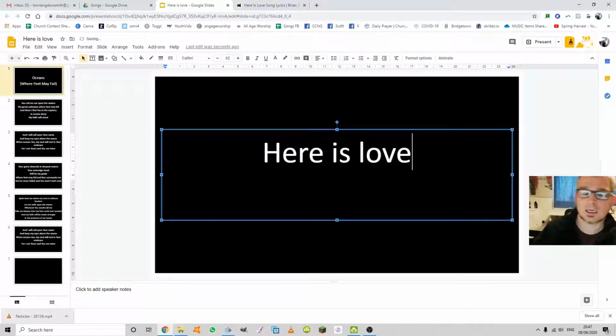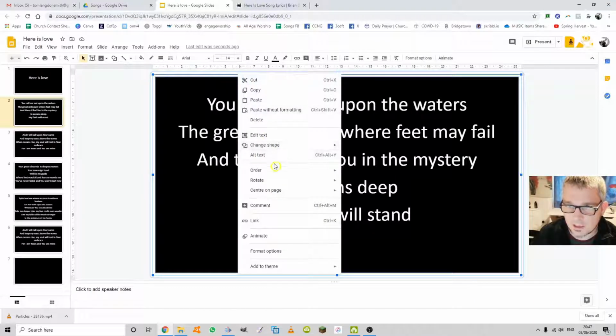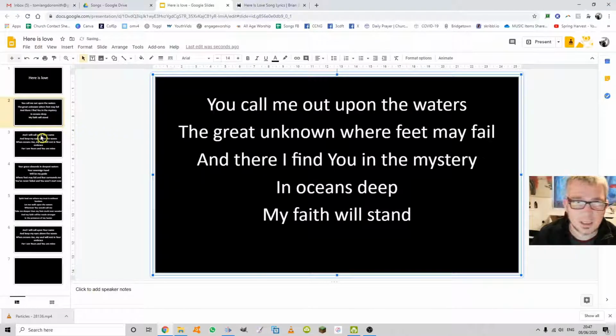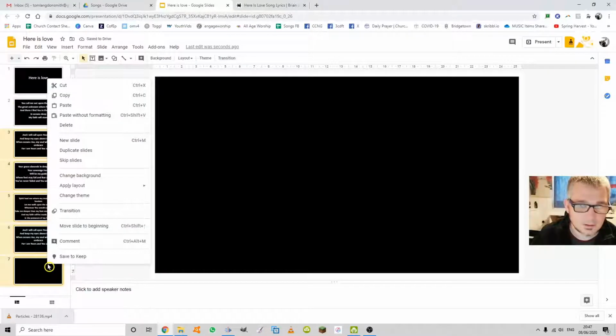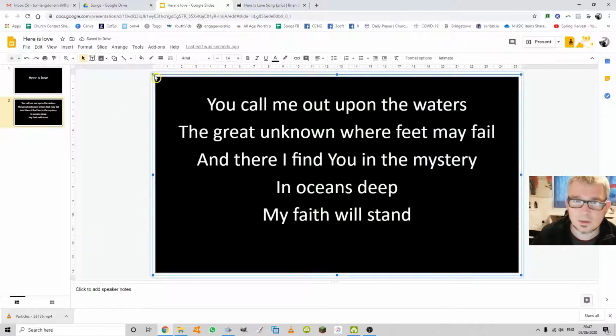So you can tell when I edited this last, I did the border last of all because the flipping border's in the way. Right click, order, send to back, and now I'm going to select all of you and get rid of you, delete. So I'm left with this one slide with the border,